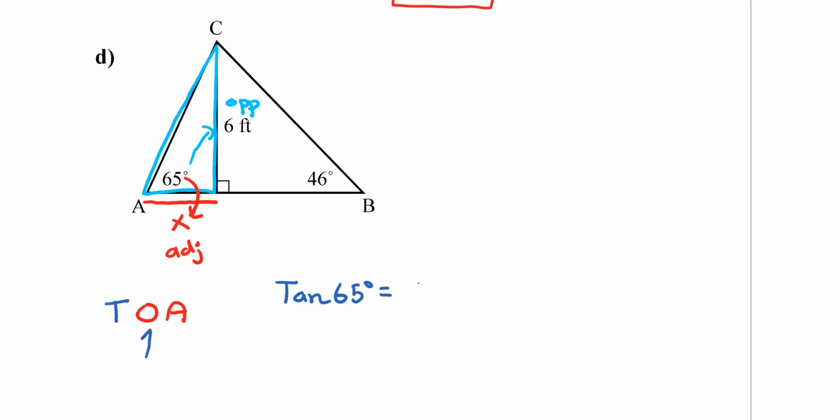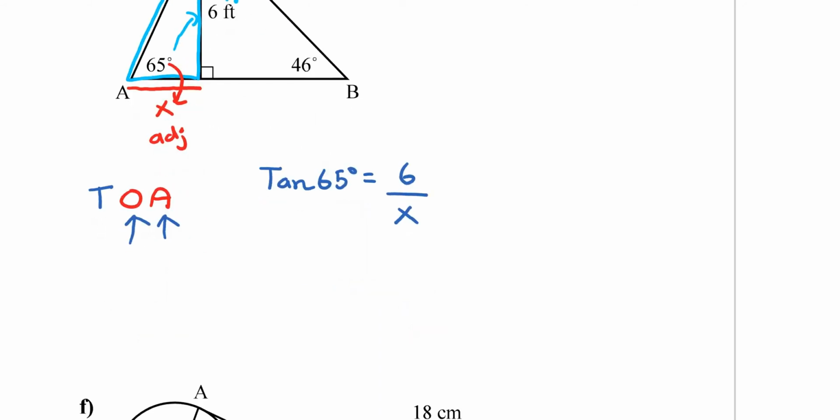And the opposite comes first, and the opposite is going to be 6 feet divided by the adjacent, and the adjacent here is going to be x, right? So I have tan 65 degrees equals 6 over x. Now we've seen this kind of problem before, and I take these two pieces, which I'm highlighting in yellow, and you just switch them, right? So x would equal 6 over tan of 65 degrees. And just go to your calculator, and you should get about 2.8